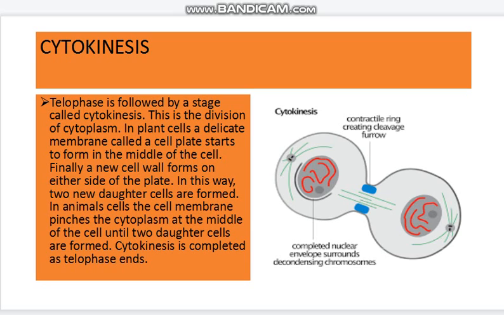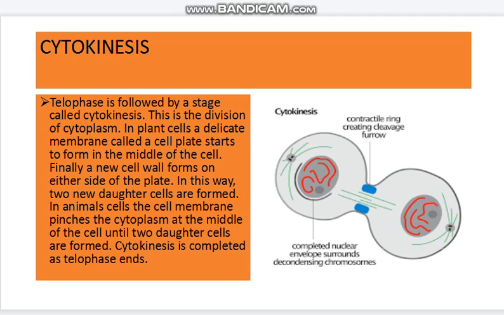The last stage is cytokinesis. Telophase is followed by this stage. This is the division of the cytoplasm. Before, it was the same cytoplasm, but there were two daughter cells. But after telophase,